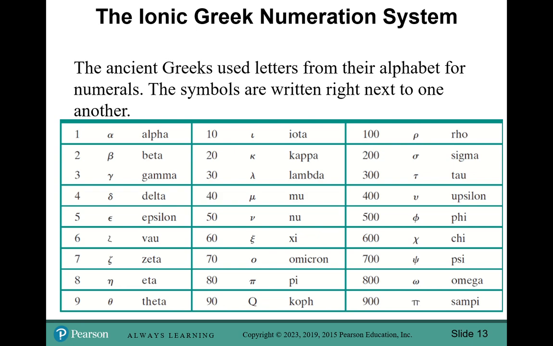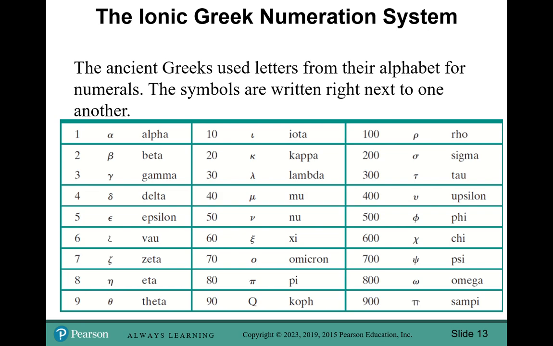Now, the ancient Greeks used letters from their alphabet for their numerals. The symbols are written right next to one another. This is the Ionic Greek numeration system, where 1 is represented by alpha, 2 by beta, 3 by gamma, 4 by delta, 5 by epsilon, 6 by vau, 7 by zeta, 8 by eta, 9 by theta, 10 by iota, 20 by kappa, 30 by lambda, 40 by mu, 50 by nu, 60 by xi, 70 by omicron, 80 by pi, 90 by koppa,